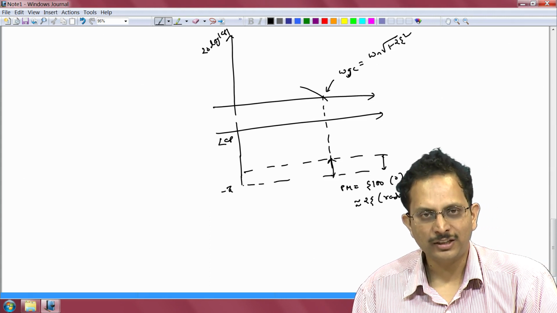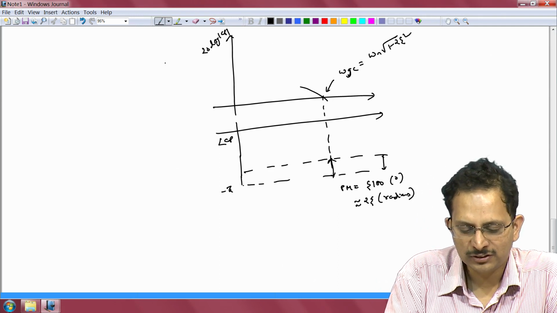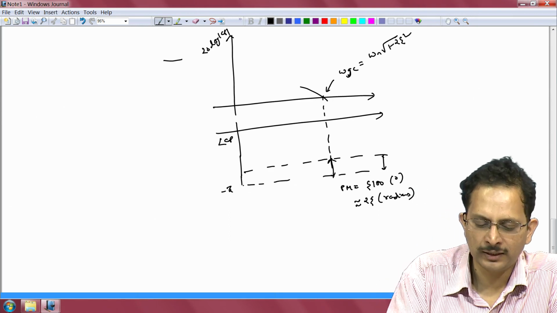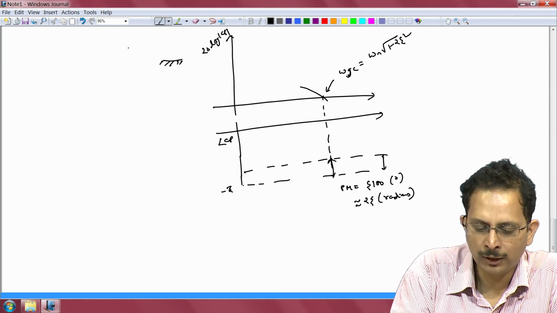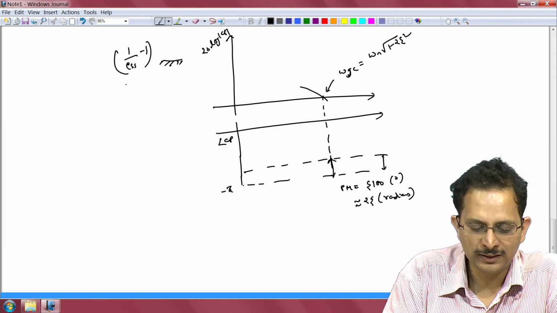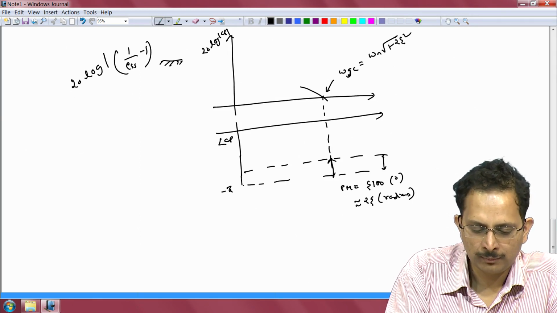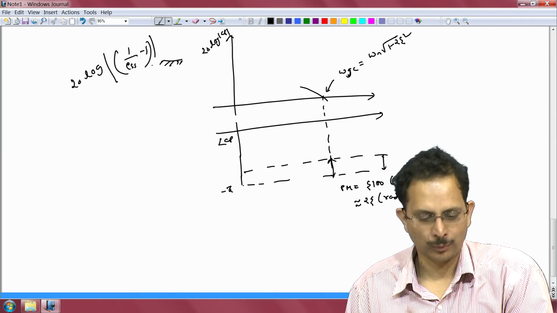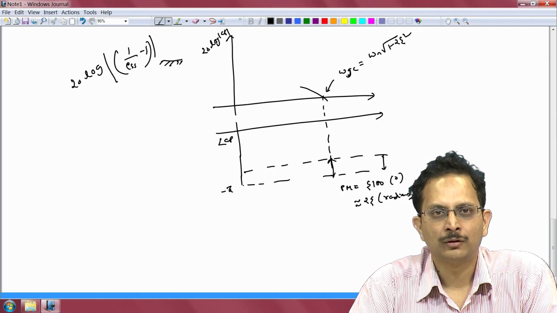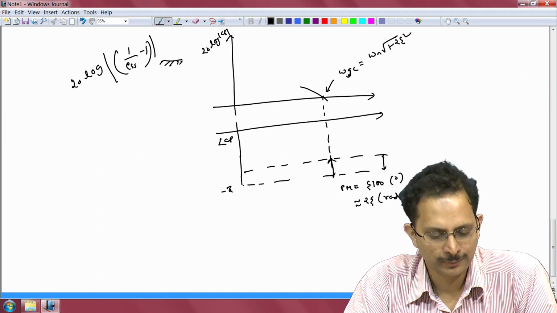Finally, our steady state error specification ESS helps us to determine the necessary gain for our open loop system in the vicinity of omega equal to 0, and that gain has to be equal to 1 by ESS minus 1. This is in linear scale. To represent it in the Bode plot, it has to be 20 log of magnitude of 1 by ESS minus 1. So, we have now successfully transferred the closed loop frequency domain specifications into corresponding open loop frequency domain specifications,